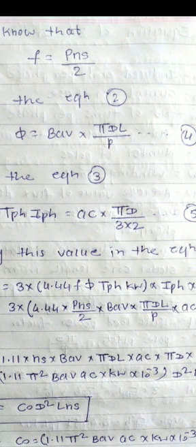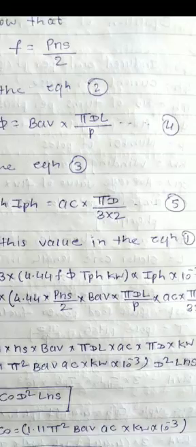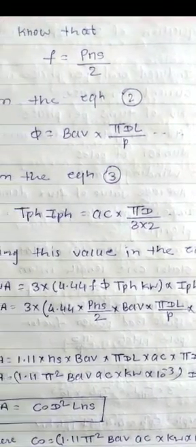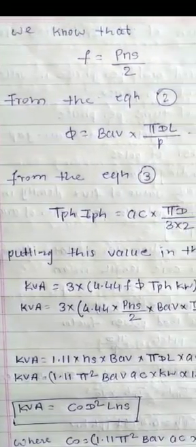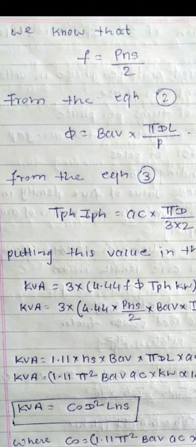So phi is equal to B average into pi D L divided by P. We call that equation number 4. And equation number 3 is the specific electric loading AC, so from that equation you have to take